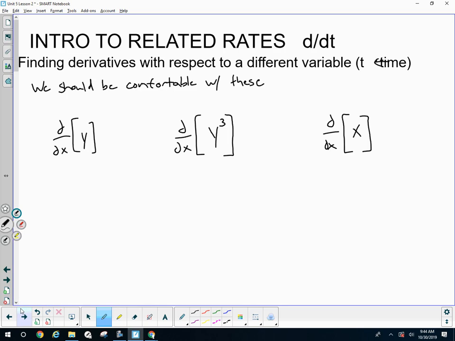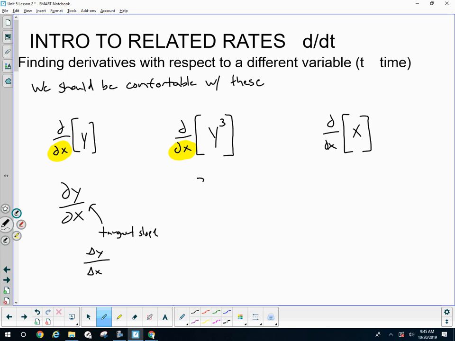Let's now switch over. We are going to introduce calculus word problems in this lesson. We are going to get away from taking derivatives with respect to x, which we've been doing. Why? Because we've been focusing on tangent slopes. Change in y over change in x, right? Slope. And we were comfortable with using the chain rule,